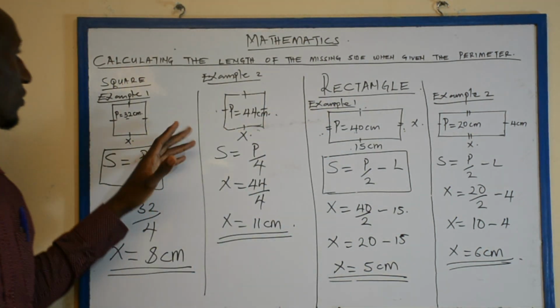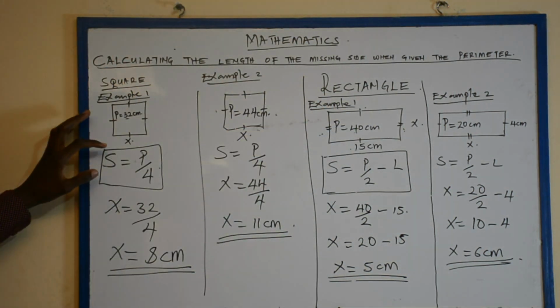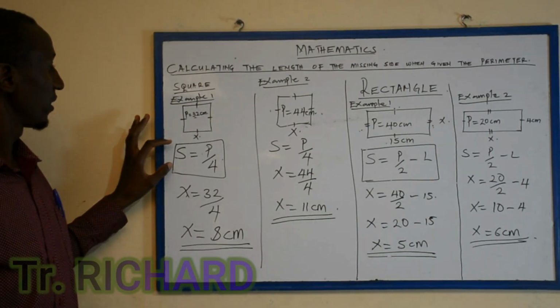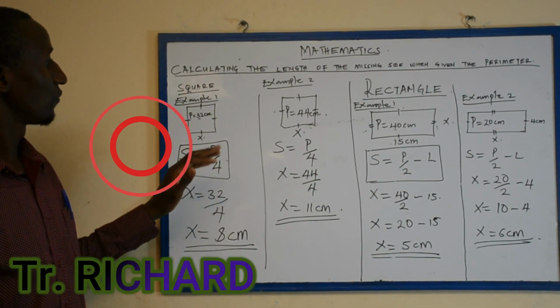This is the two differences. This is a square, this is a rectangle. The square is given by S is equal to P over 4. For rectangle,